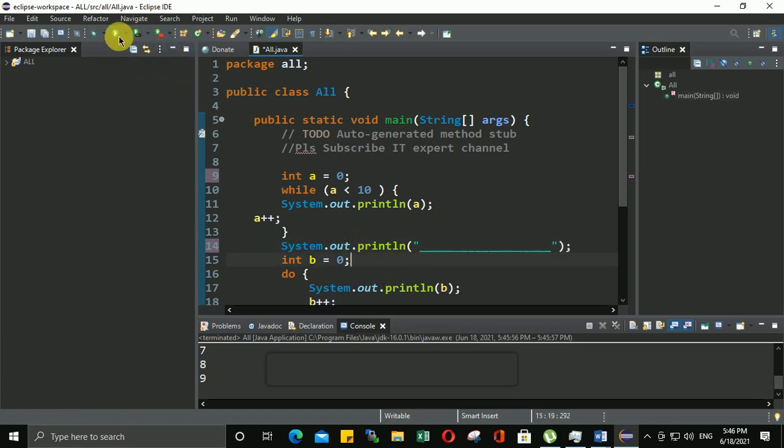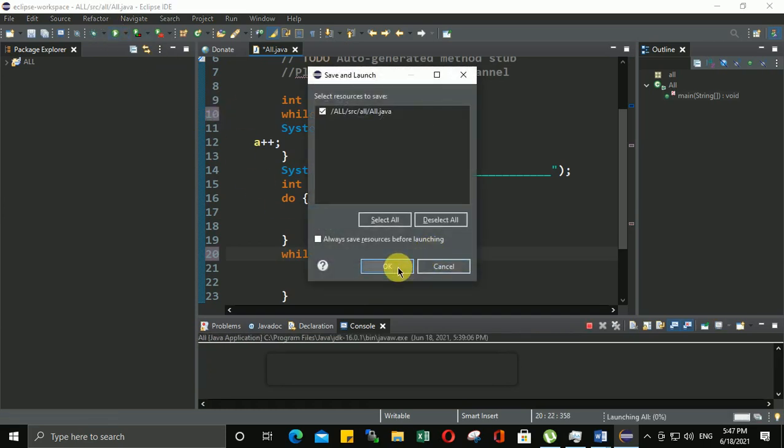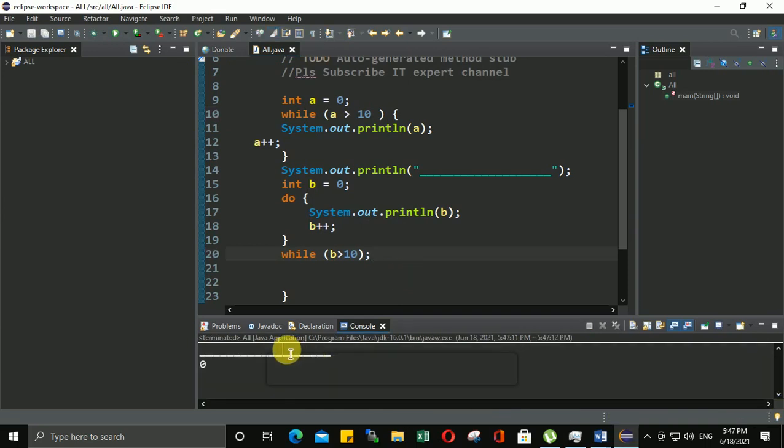Let's try it. Now it will work for us very fine. Look, up to this line it is the b do while, and this line is 0. If I make the condition so that it does not match, a is not greater than 10, and here I am making b greater than 10, it's not greater. What will it print? Yes, in the while statement it prints nothing, but here it prints 0, because